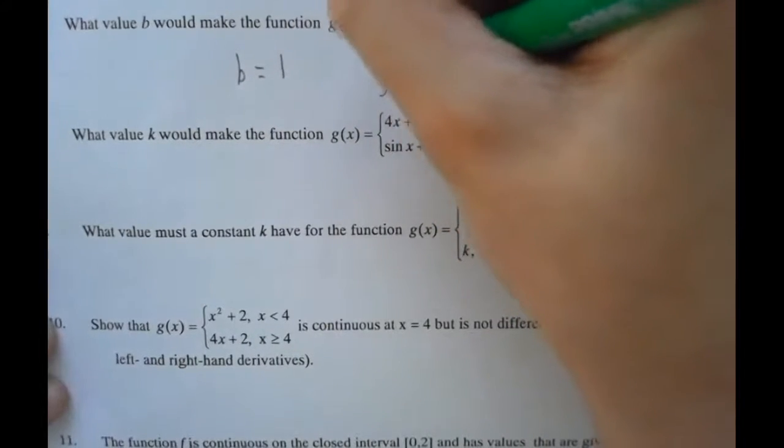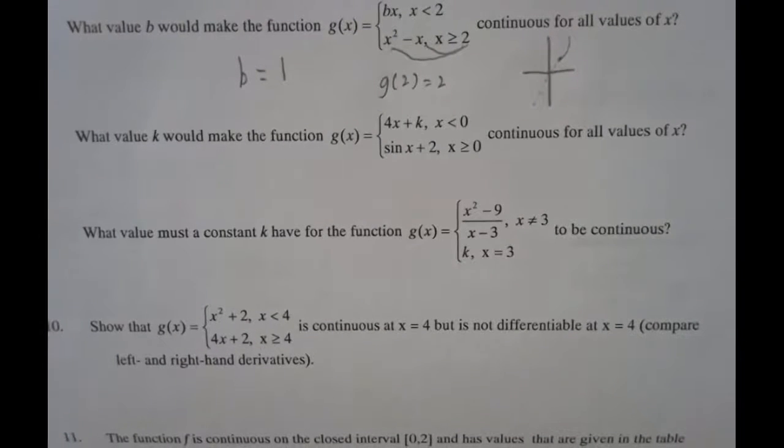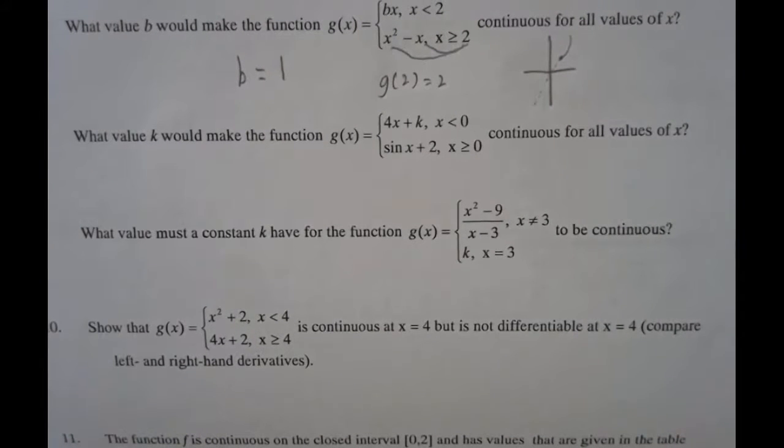That's part A of the continuity test. Part B says the left-hand limit must equal the right-hand limit. So as of right now, the right-hand limit is equal to 2. So he needs the top, which is the left-hand limit, to equal 2. Yep. So he plugs 2 in for x. So he gets b of 2